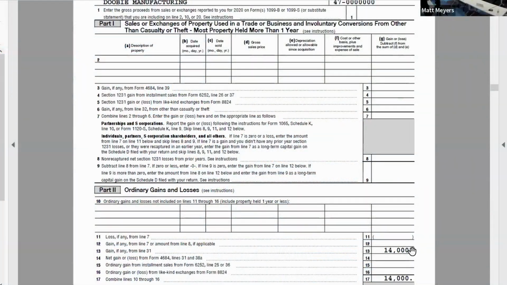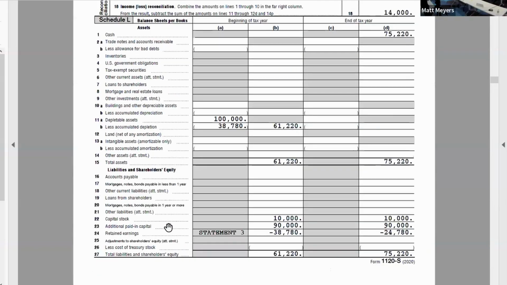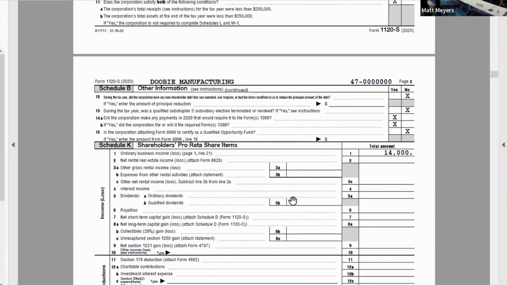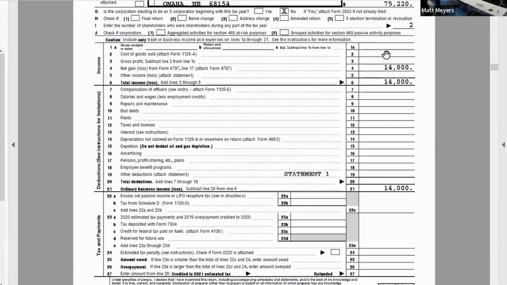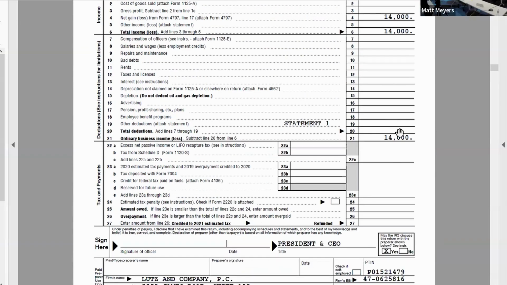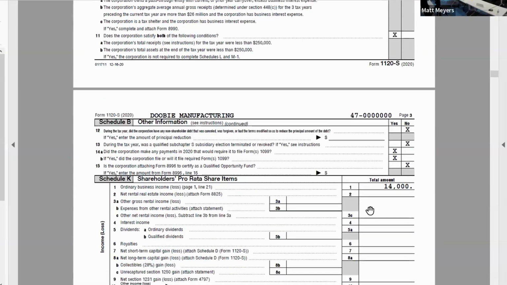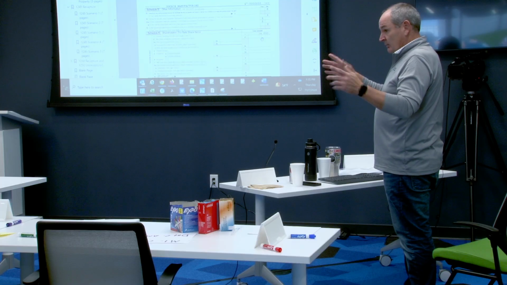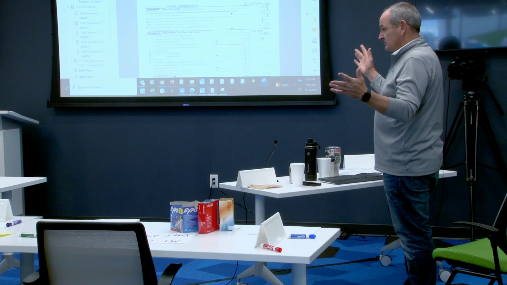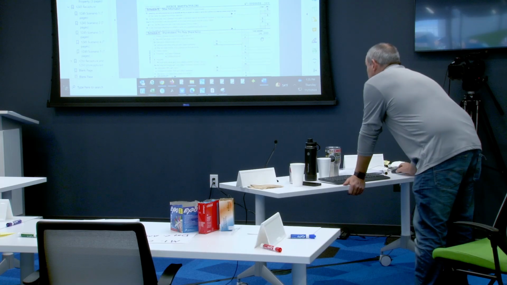14 goes here, then 1231 or 1245 recapture has nowhere else to go other than page 1, because ordinary recapture, 1245 recapture, nobody has the opportunity to treat it differently. Then it comes down here and then populates page 1 over on Schedule K. Okay, so that number, one gain loss, has popped up in the return, and we haven't even gotten complicated yet. 6 times in 6 different places. So then